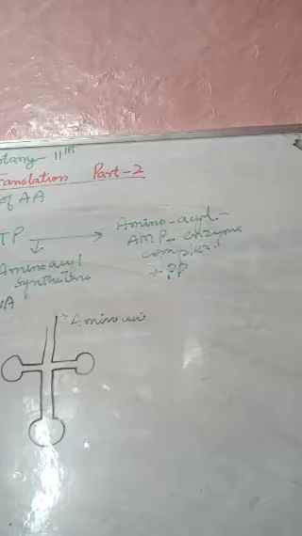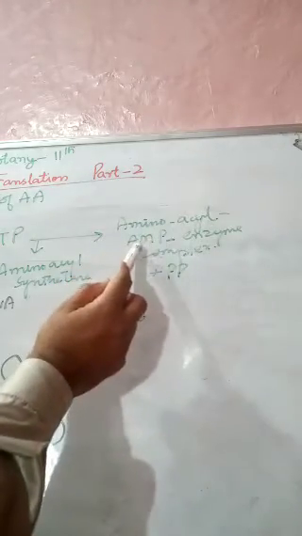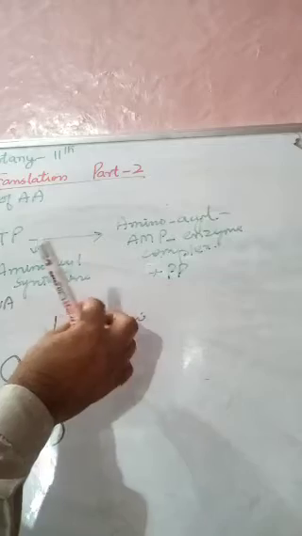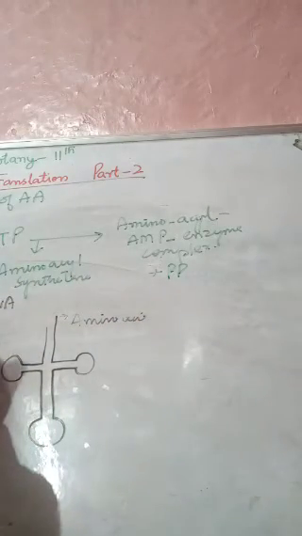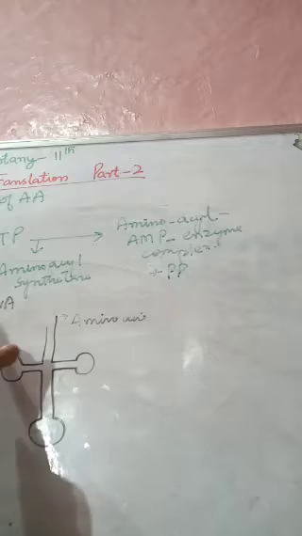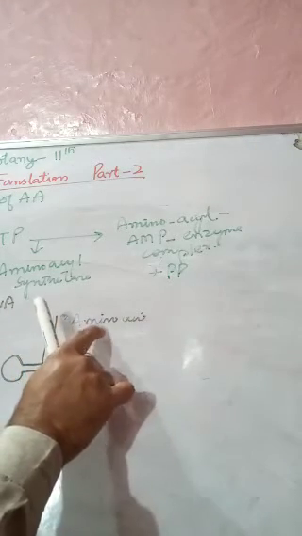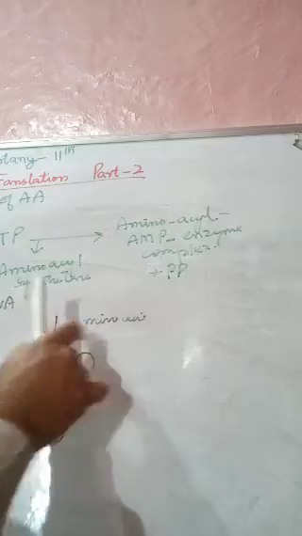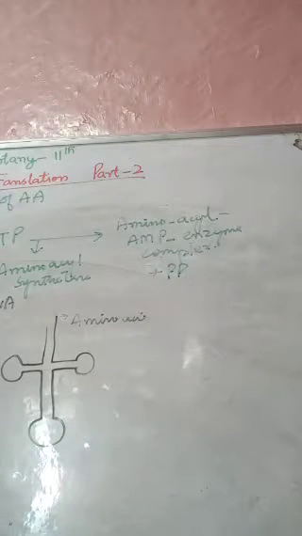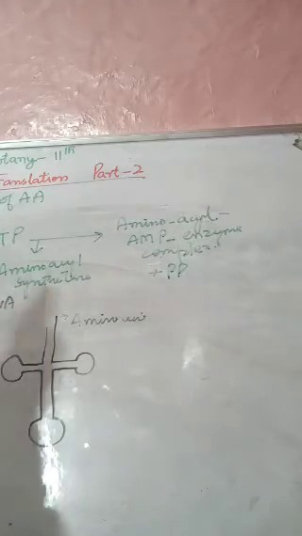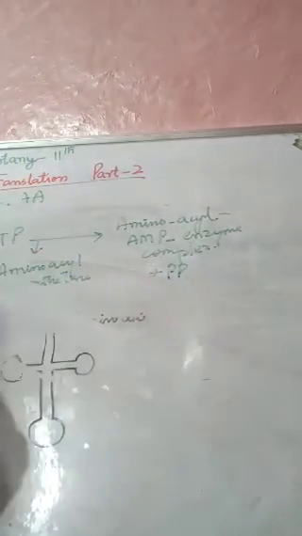So this amino acid AMP enzyme complex which forms in the first step reacts with the specific tRNA, and this amino acid is transferred to this tRNA. As a result, this enzyme and AMP are liberated, they are released. Now the third step, which we have to discuss today, is